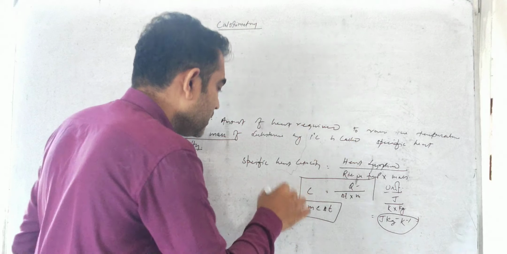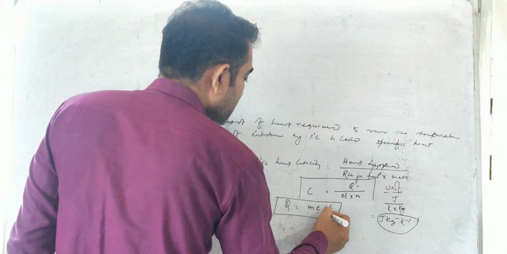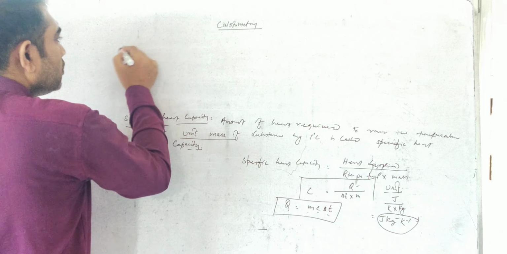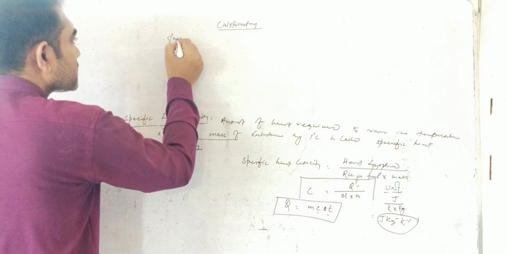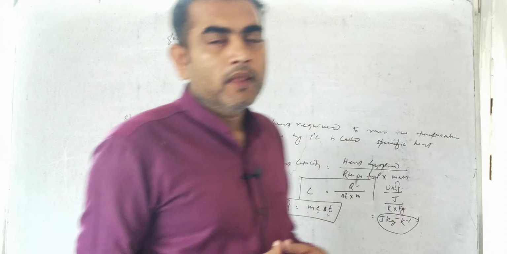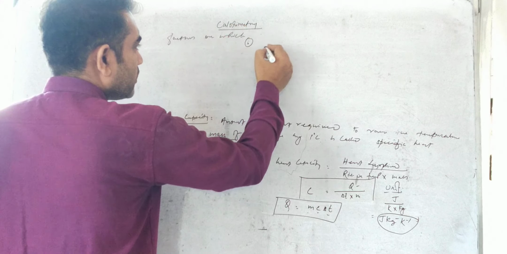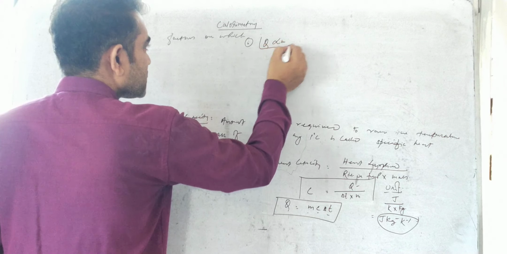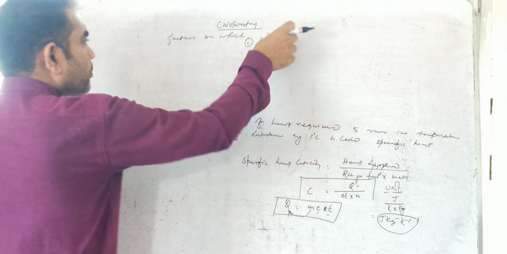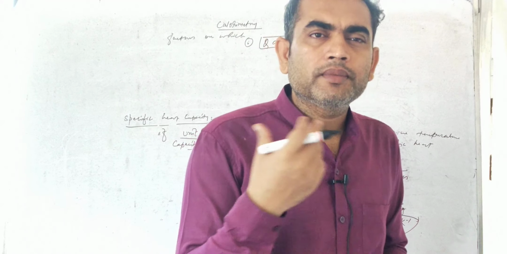So the heat supplied or released from the substance is directly proportional to the mass, the specific heat capacity, and the rise or fall in temperature. So again we are going to discuss the factors on which the heat supplied or released from a substance depends. The first one is that it is directly proportional to the mass of the substance. Smaller the mass, smaller will be the heat required; greater the mass, greater will be the heat required.